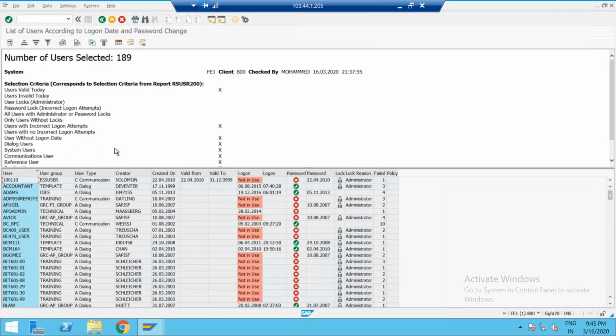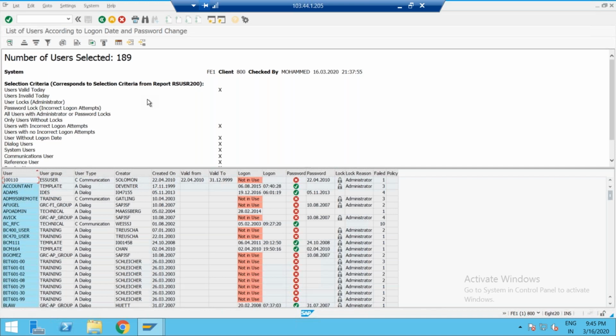So how many members are there here in total? 189 members have users that are usually not in use. The users are created, but not in use till now, otherwise they are locked by someone. Okay, our password is expired. Now it's asking a question, and the production system is getting unlimited.